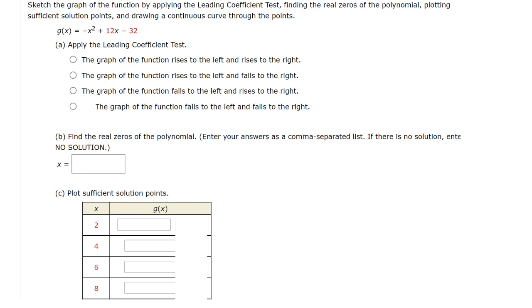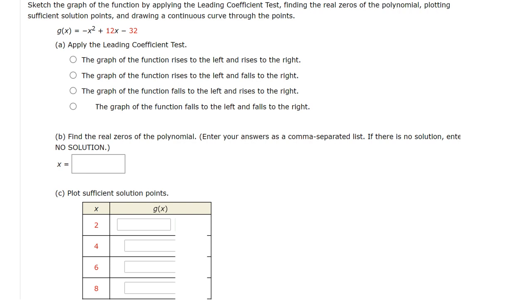So in our particular problem, the leading coefficient of this example is a negative 1. The leading coefficient refers to the coefficient of the variable with the highest exponent. So my highest exponent here is the 2, the square. So its coefficient is that negative 1. We don't put a 1 there, but we know it's a negative 1. So the leading coefficient